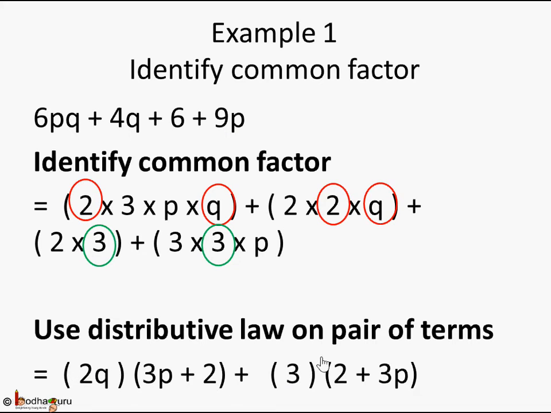Is this the factorization of this expression? Not yet. We still see a plus sign. It has to be a product of factors. So we are still not done, right? We see this expression has reduced from 4 terms, 1, 2, 3, 4, down to 2 terms. This entire thing is one term and this entire thing is another term separated by a plus sign. So 4 terms became 2 terms. Finally we need to reduce to 1 term, a product of its factors. So now we need to think through further.